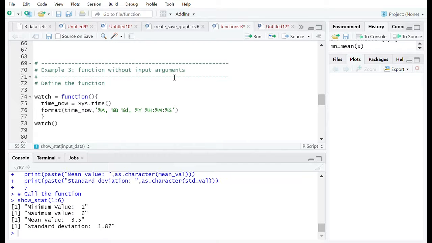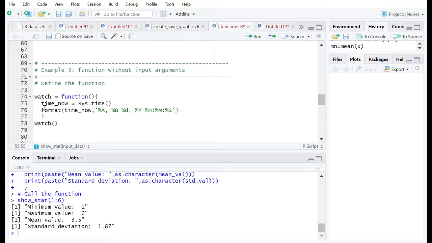So in some situations you will see there is no argument, like I define one function, that is watch. Basically when we see our watch, we see the time, as well as some watches have the facility of date, time, and what is the day. Okay, so here our target is to display the time